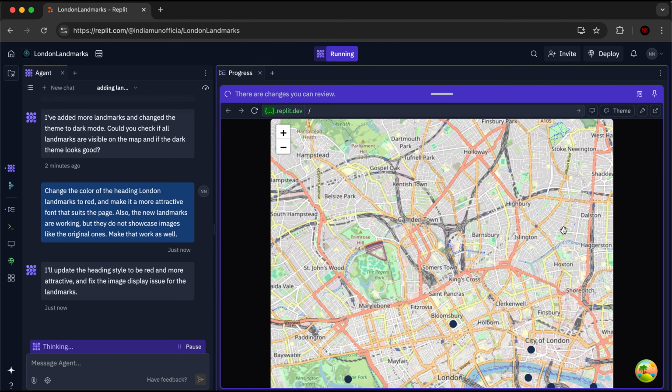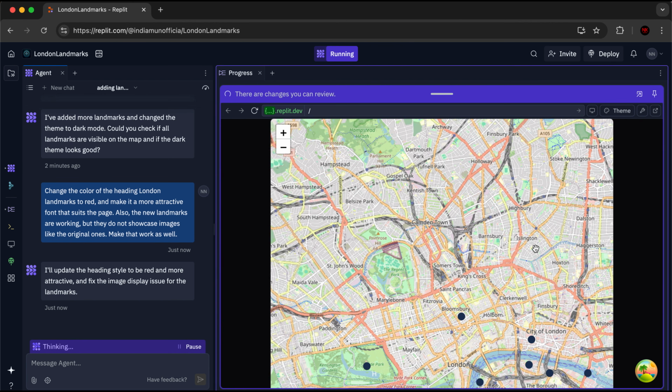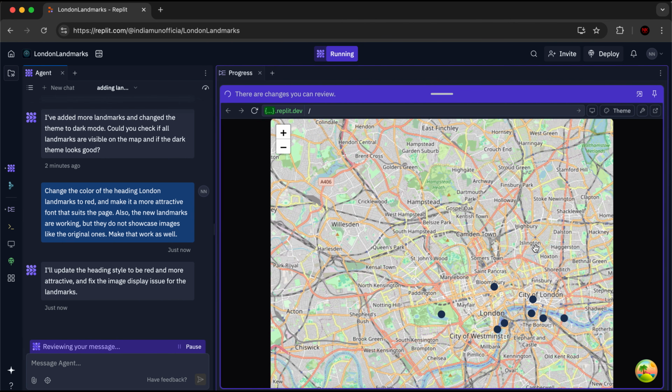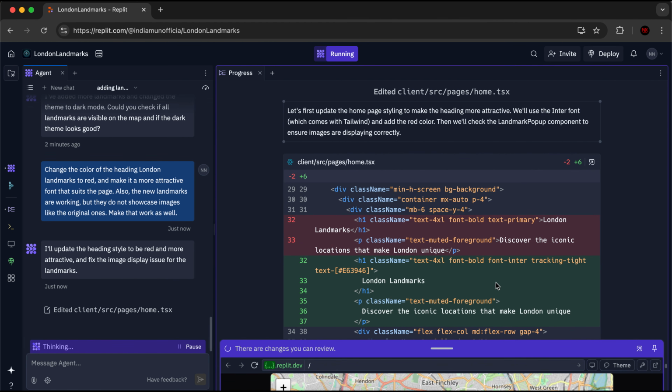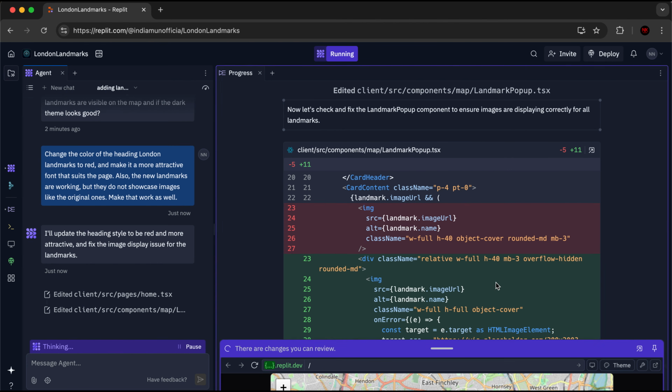Right, so I'm going to close that, and you can see the entire map from here. You can zoom in, zoom out, do whatever you want, and view all of the different landmarks. So if you're a tourist or you're developing some sort of application like that, this was really quick and it was really efficient. So this was exactly what we typed in, but if you want to alter the app and have different things,